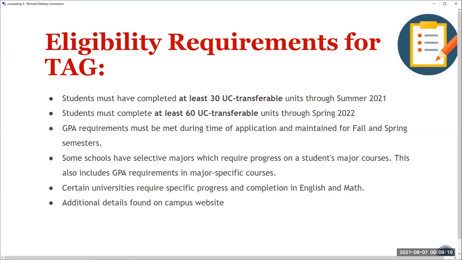Some schools have selective majors which require progress in a student's major courses. This also includes GPA requirements and major specific courses. So schools, especially like Davis, if you were an engineering major, you need to have at least a 3.5 in just the calc and physics and engineering courses. So it's really important to meet these general requirements, but also look at the school's specific requirements that you must